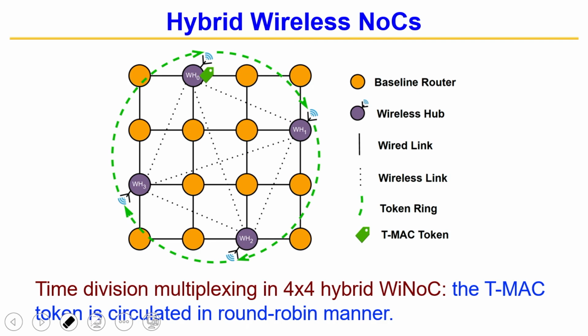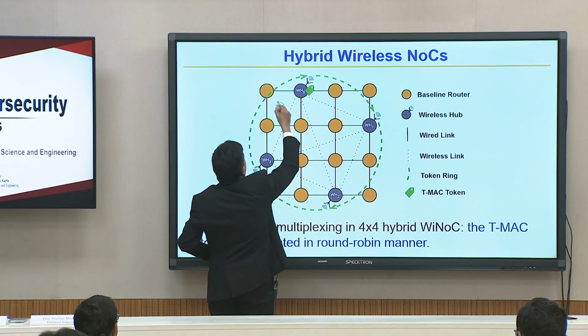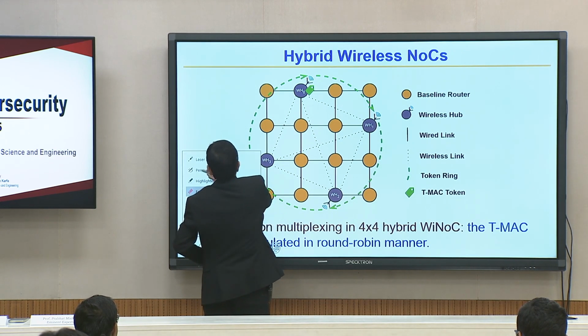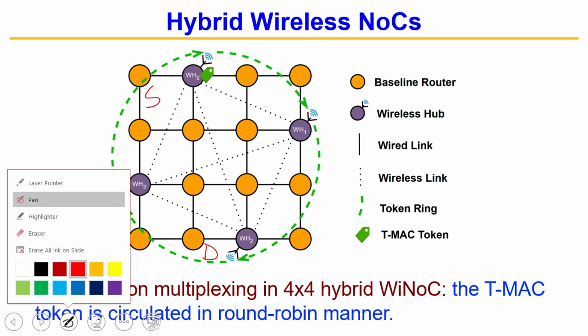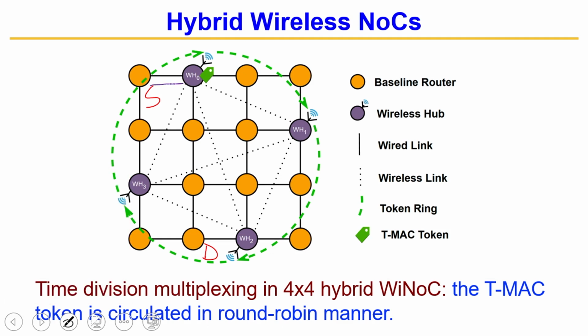So, if you are trying to communicate from some point to some point, let us mark the first one as a source, and we make this one the destination. Then there are multiple ways. Probably the closest way would be going from here to here one hop, then use this wireless connection to here and then to here. There are other possibilities, but this is probably the shortest one, right. So, that is the communication in a hybrid one.